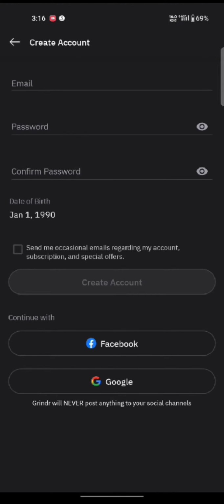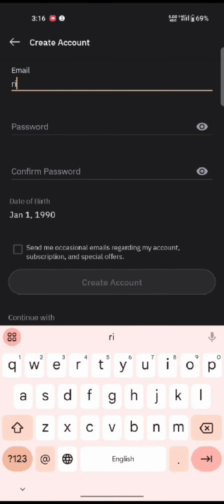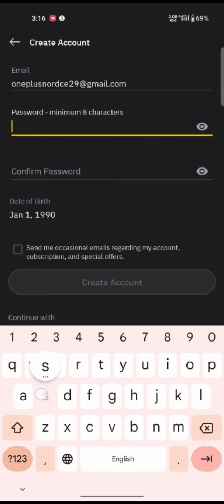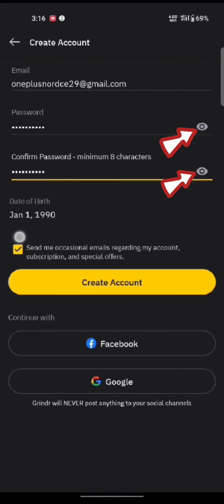Enter your date of birth. On the next page, enter your email address and create a password for your Grindr account. Confirm your password by re-entering it and click on the eye icon to check if you have entered your password correctly or not. Tick mark the box to receive emails regarding your account, subscription and special offers, and then